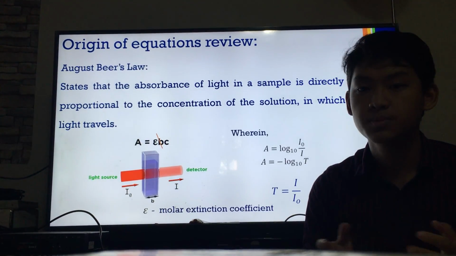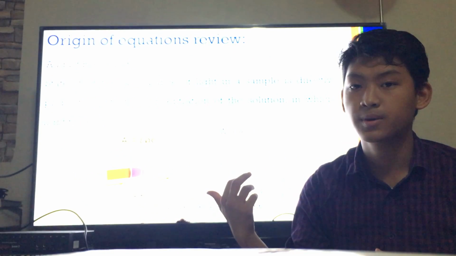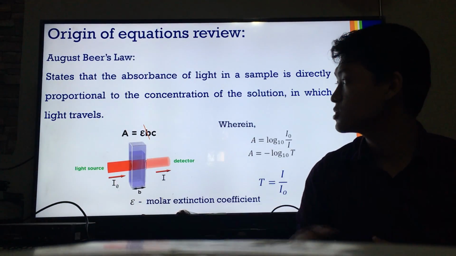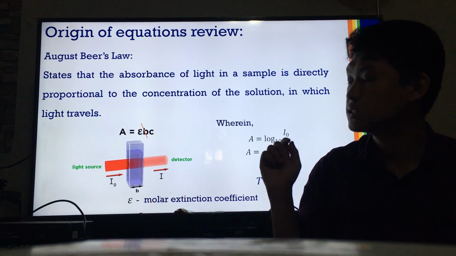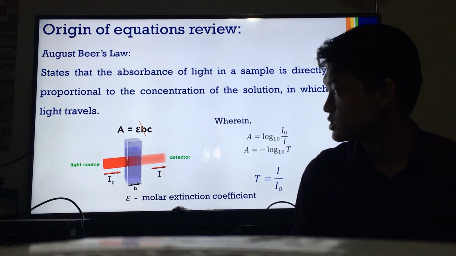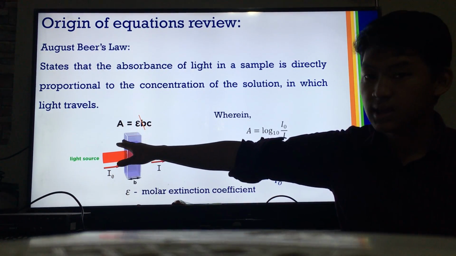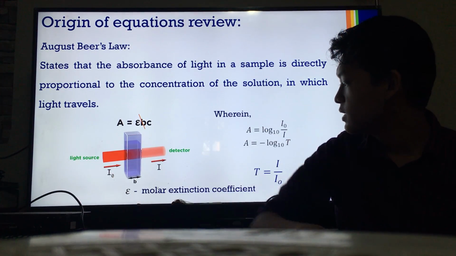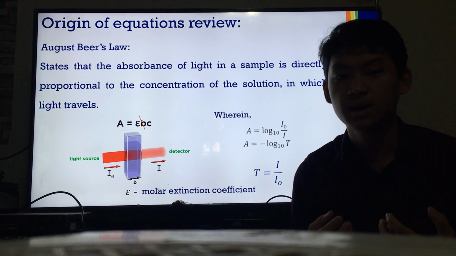The Beer-Lambert law came from two laws. The first was found by August Beer, Beer's law. It states that the absorbance of light in a solution is directly proportional to the concentration of the solution through which the light travels. In mathematical terms, absorbance is equal to the concentration times epsilon, which is the molar extinction coefficient, or the absorbing capacity of a substance or a sample,